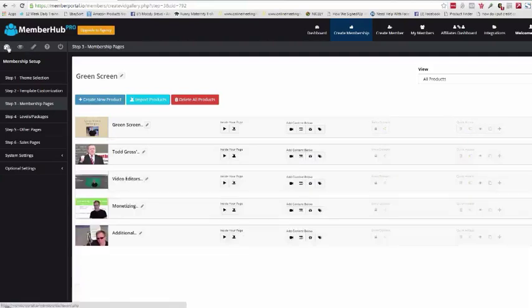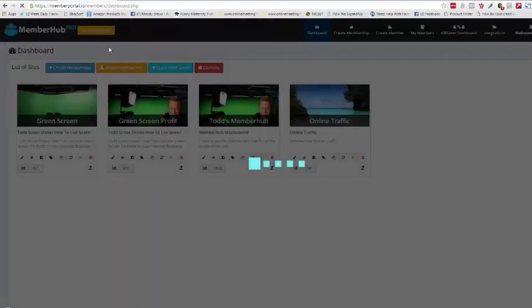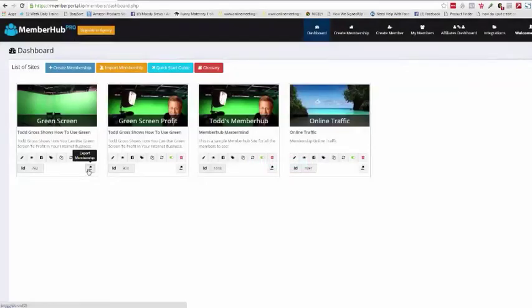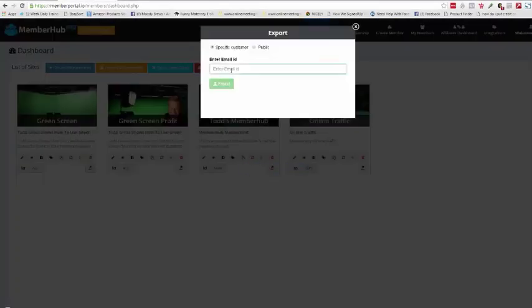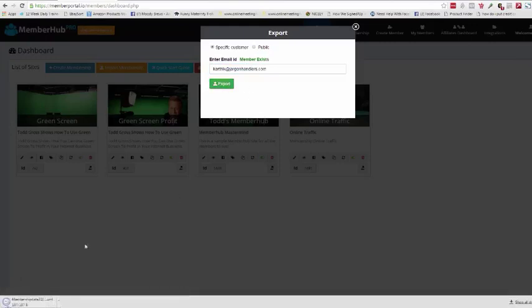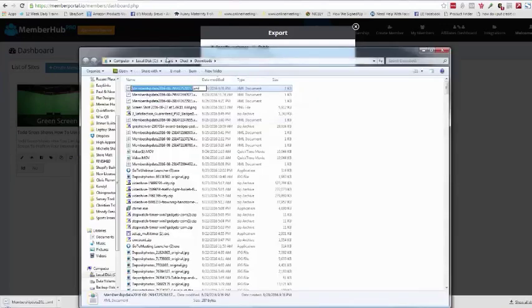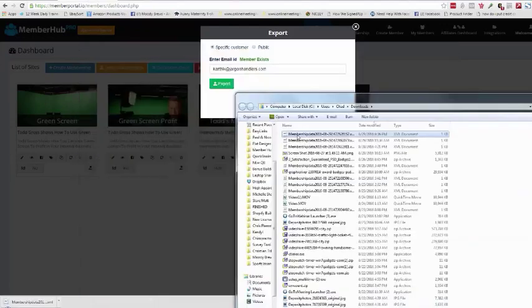All right, so what he did, because he actually has the agency license, but in this one here we have him on the pro. What he did was he clicked this button right here. Now, he can come over here, and I'm just going to type in my partner's name here, okay, just to kind of show you what this does. Okay, so it's going to go and find an existing Member Hub ID. And what it's going to do is going to give me an XML file. It's very, very small. And I can take this XML file, and if I go into my partner's account, I can go ahead and import in this whole entire membership.